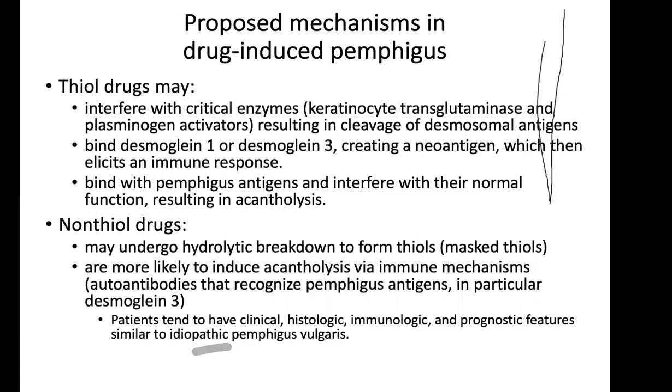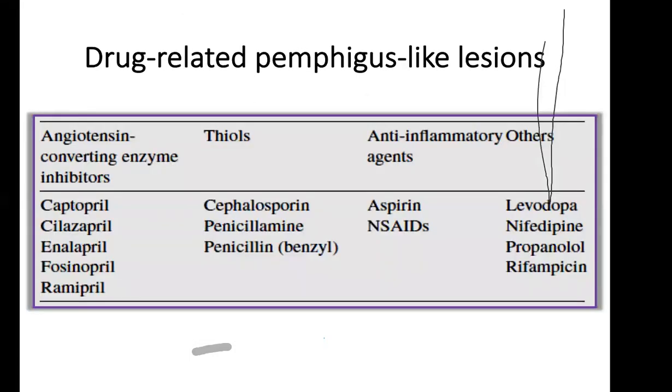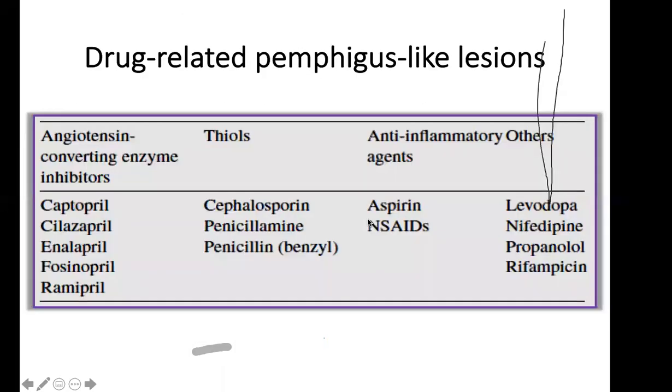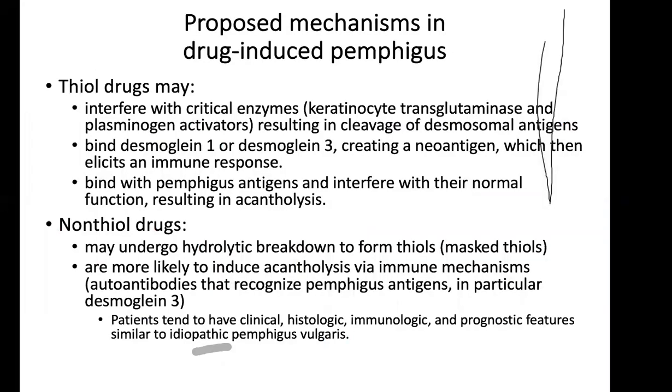So you see what I'm getting at is, like lichenoid drug reactions, even pemphigus could be caused by drugs, and it's very important to recognize the medical history of these patients and look at their medications that they are taking. So these are commonly used medications, and do not jump to a diagnosis of idiopathic pemphigus vulgaris. Because if the drugs are the reason, all you've got to do is withdraw these medications, or change the medications, and you have